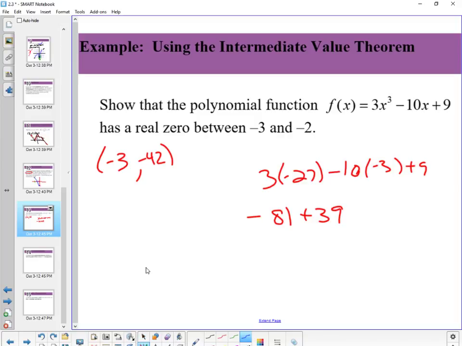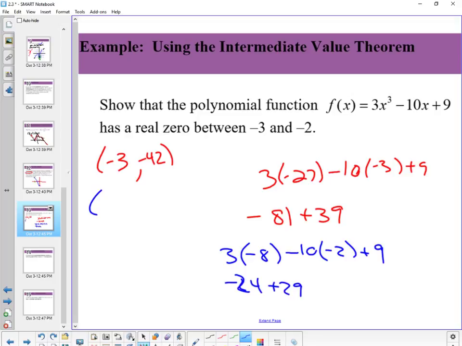Let's do the other one. So we're going to plug in the 2. That's going to give me -8 minus 10 times -2 plus 9. I've got -24 plus 29. That's going to give me a positive 5. So I can see that these two outputs have opposite signs. Therefore, somewhere in between -3 and -2,